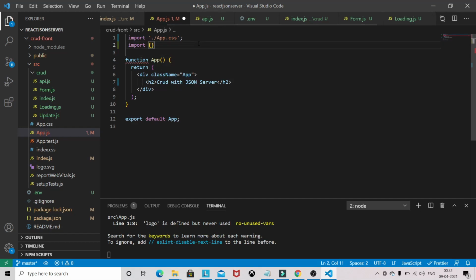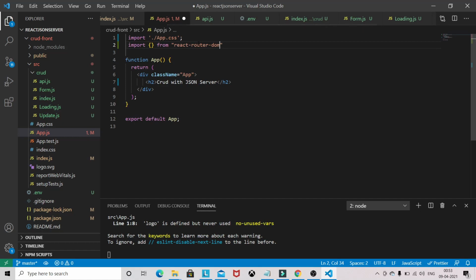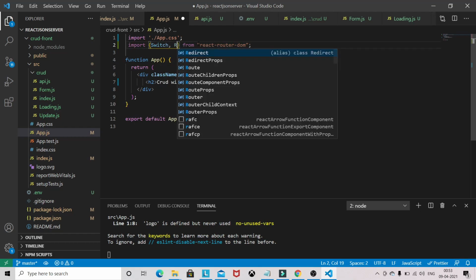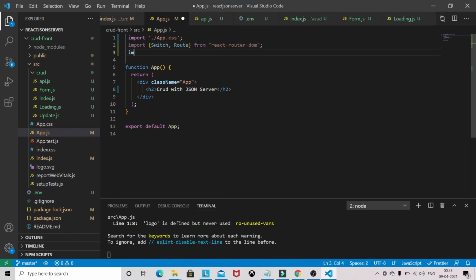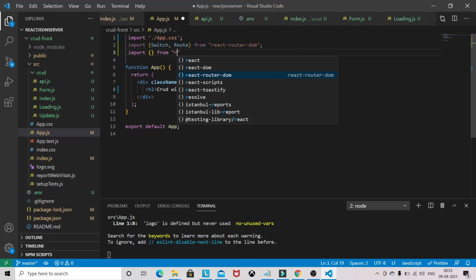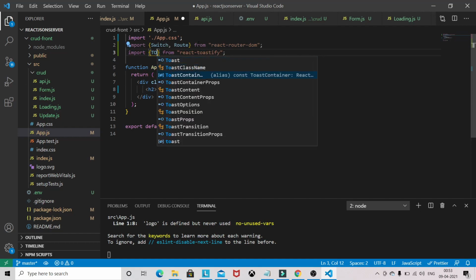From React Router DOM we need Switch and Route, and from React Toastify we need ToastContainer.